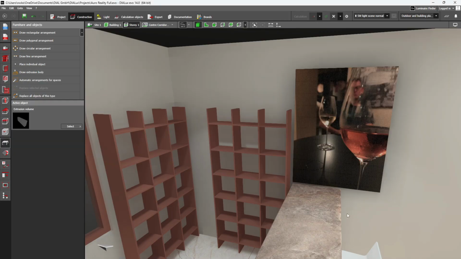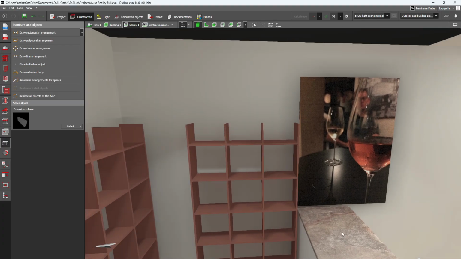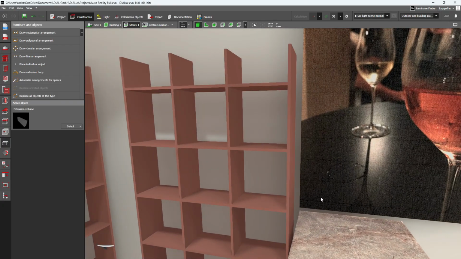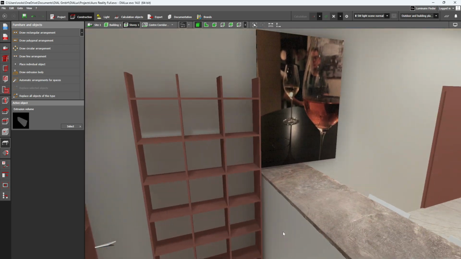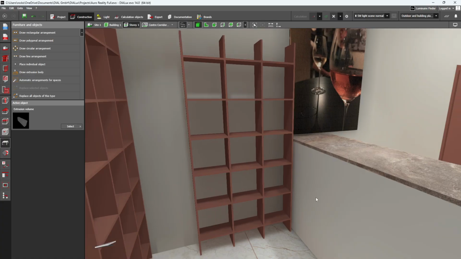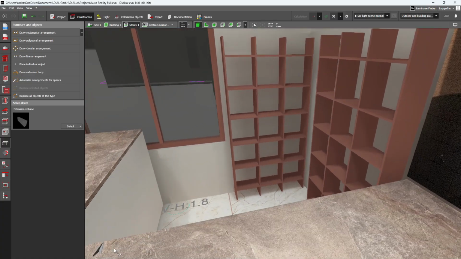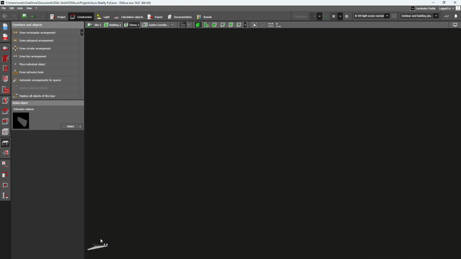Okay, let us assume this is not there. I have given two plugs and two switches here. This is to charge the cell phone and all that, and the wire comes from here, and we will route it like this, and we'll give two power 16 amp sockets here or under this,